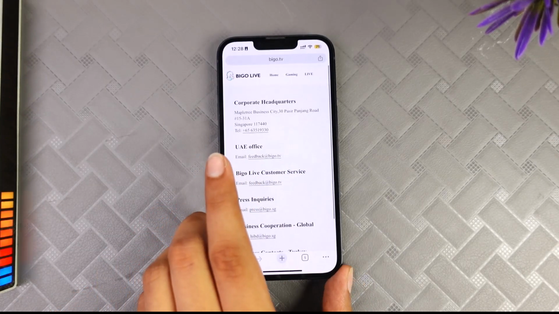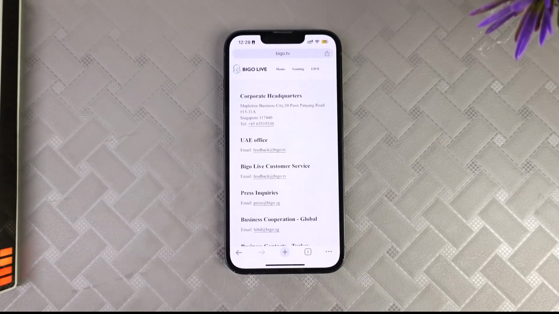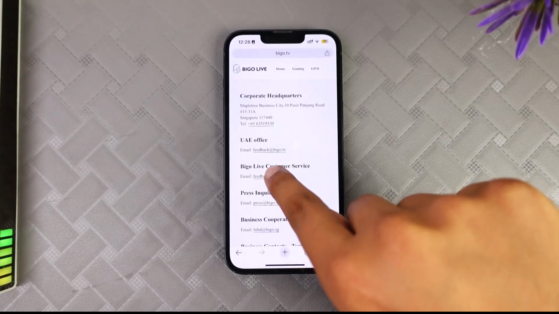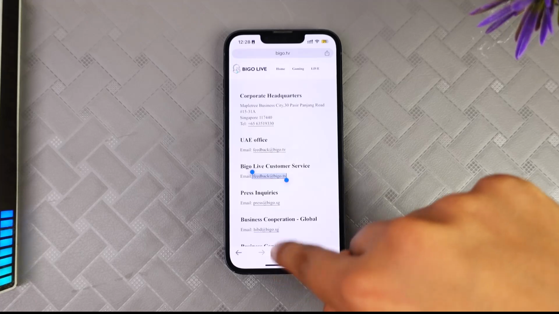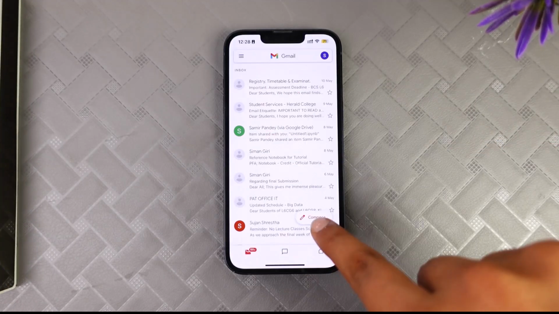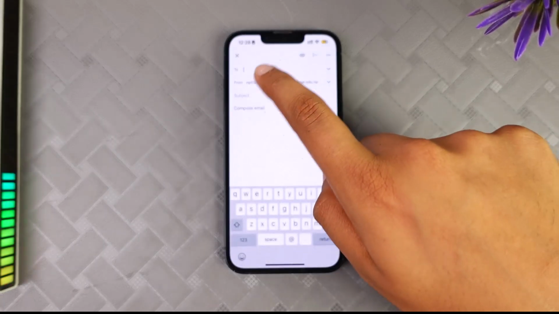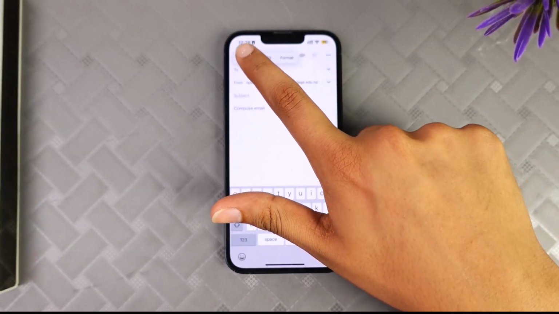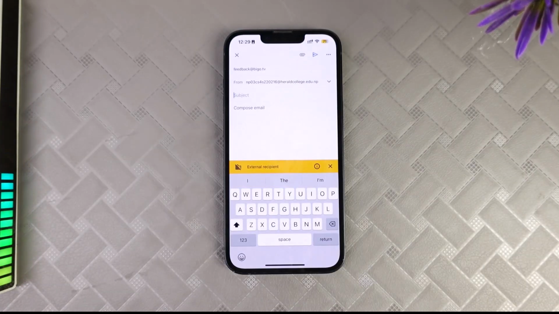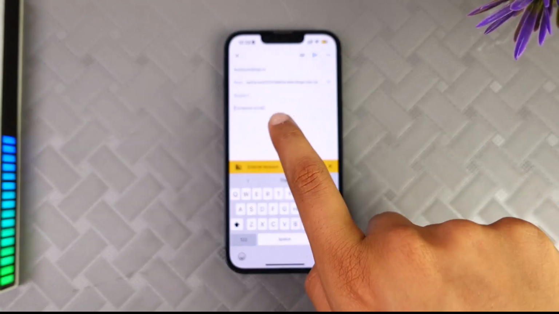So now if you are from UAE, you may simply use the option of UAE, or if you want to contact the customer service center, then you may simply copy the email and you may go on your Gmail and you may simply write an email to you. So you need to click on the option of compose, and now you need to click on the option of paste, and now you need to write a subject of the email, and you need to compose the email by